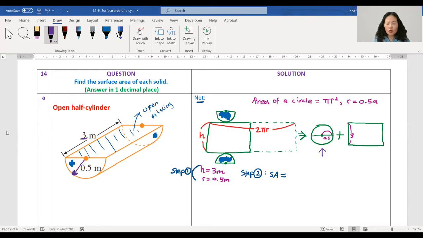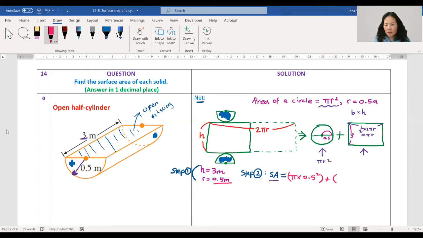Now, step 2, we're going to find the surface area. Full circle is pi r squared. That's our formula. Area of the rectangle, so height is 3. Now, my base here is half of 2 pi r, which is, what's half of 2? 1. The length is pi r. Okay, so I'm going to do surface area right now. Pi r squared, which is 0.5 meters. I'm just going to go 0.5 squared